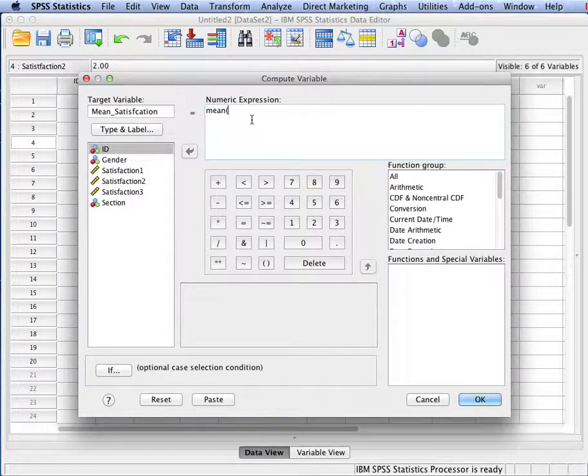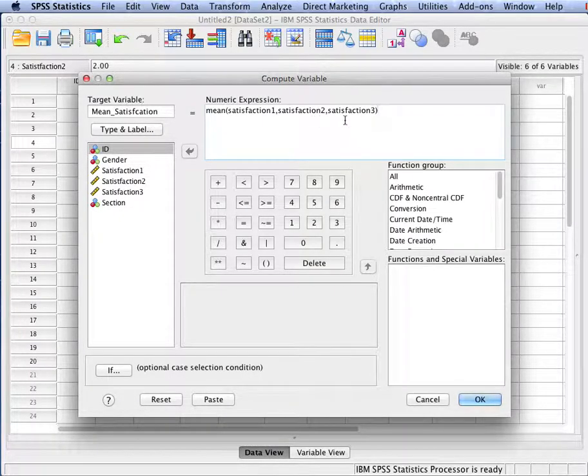So it would look something like this. Or you can do the version that would look more like a traditional calculator, where you would open brackets, do 1 plus 2 plus 3, close brackets, and divide by